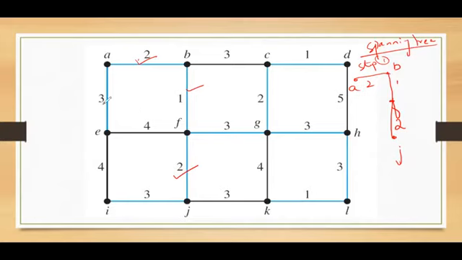Now I can take any one of them which has the smallest weight. So we have 4, 3, 3, 3. All of them are 3. So you can take any of them. I am taking IJ. After FJ, you can take IJ. The only condition is it should not form a loop. So either you can take IJ or AE. So I am taking IJ next, which has the weight 3.